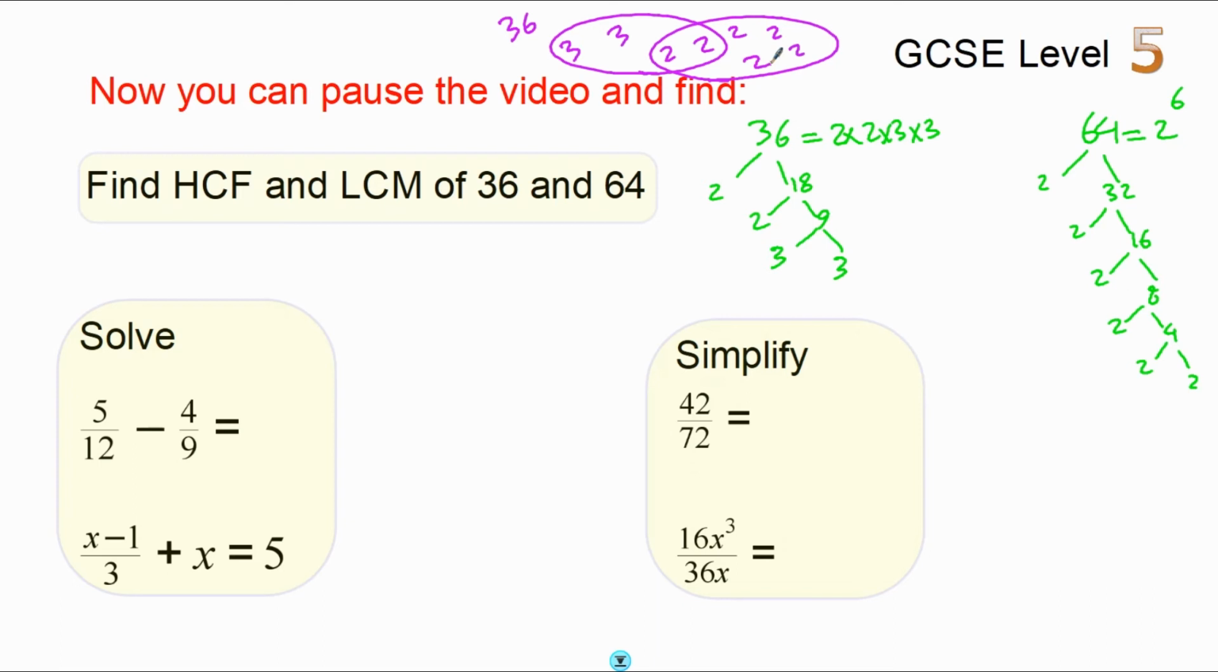So the highest common factor is the shared area. So this highest common factor would be 2 times 2, which is equal to 4. But the lowest common multiple is the whole thing, just once. So that would be 3 times 3 times 2 times 2 times 2 times 2 times 2 times 2, which if we times all of this together, would be basically